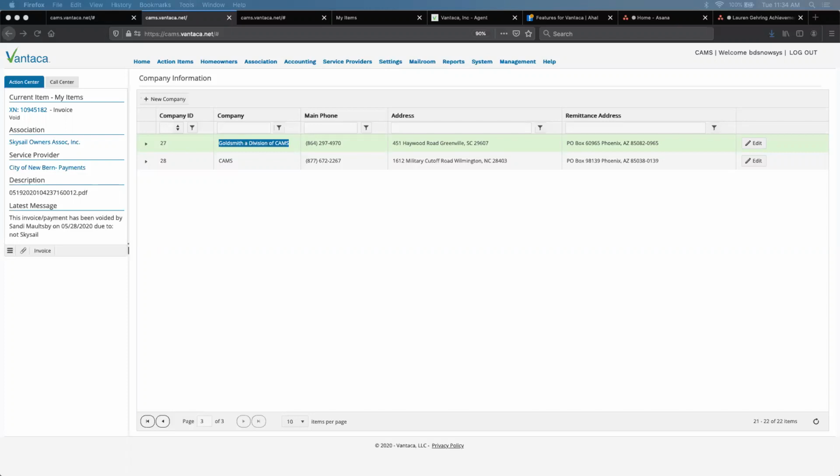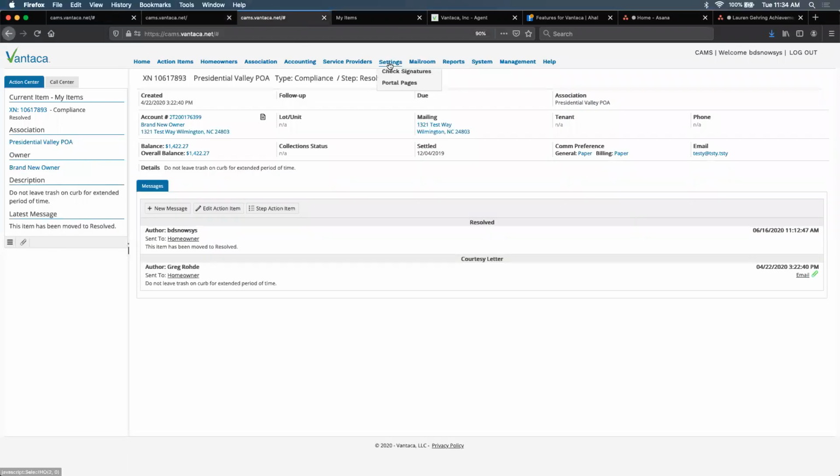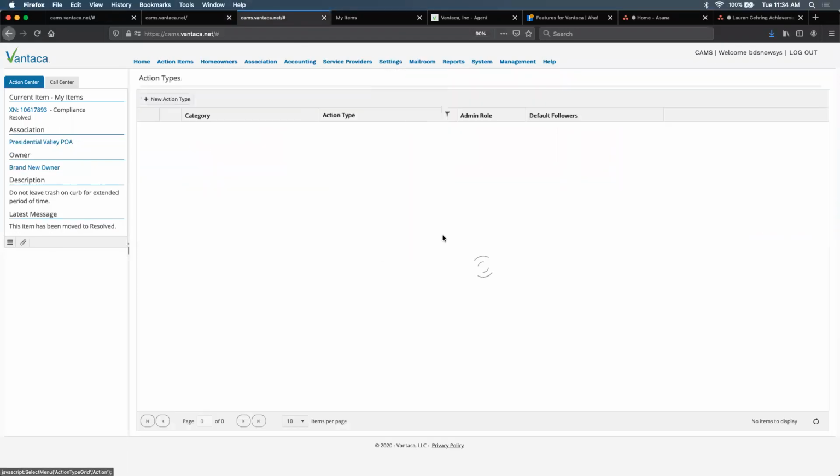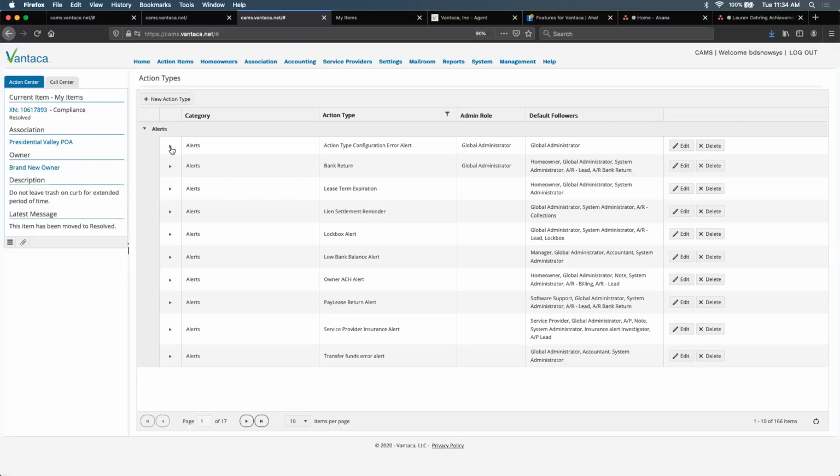Okay. Hey, BD, on the screen here, is the remittance address, can we merge that into letters? Is that the lockbox address? Can you merge the remittance address? So Martin, you might be more familiar with the specific merge tags we have available. Kathy, I'd have to go look through our merge tags to see if we have a merge tag for company